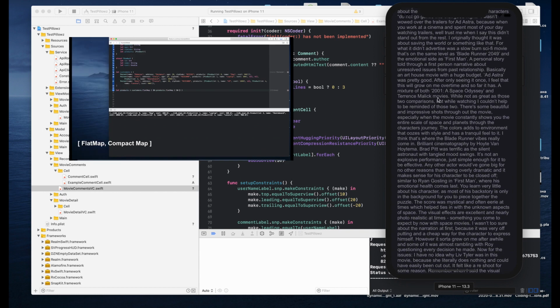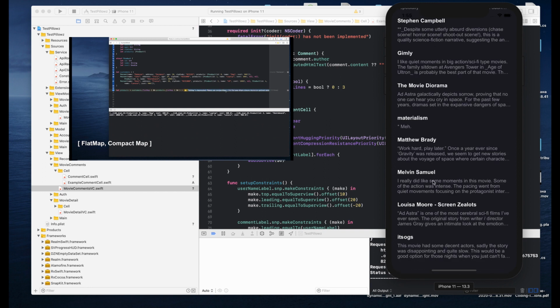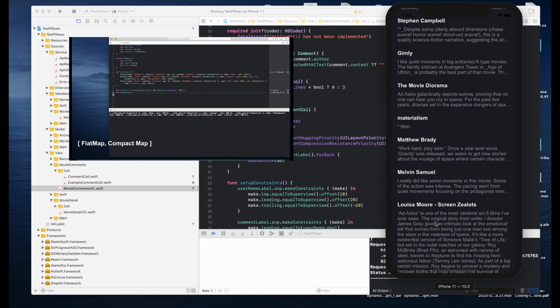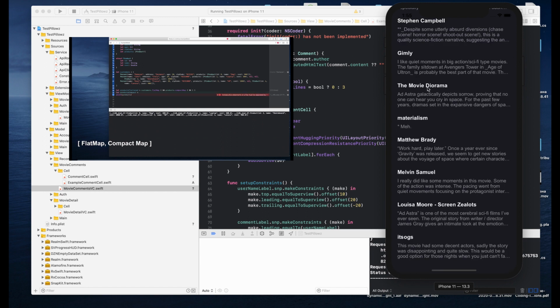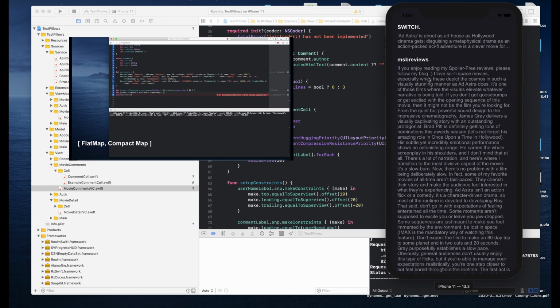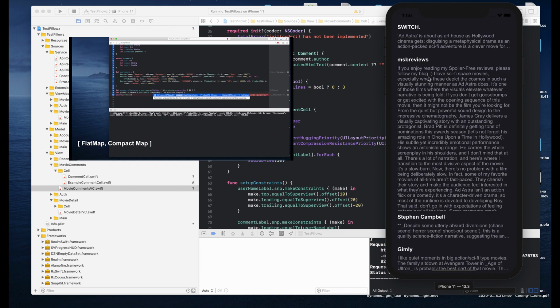Compact map is a newer version of flat map, but you don't get one layered array, it just gets rid of nil values, and you may get a deprecation warning if you use flat map in such situations. It is more likely that compact map is not a newer version of flat map, but Apple just divided this to